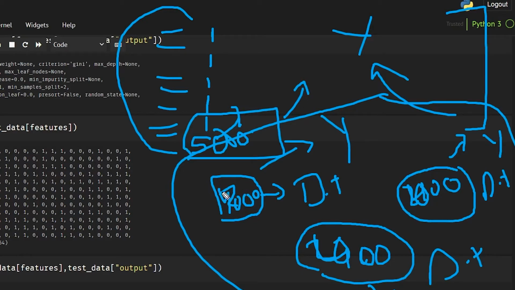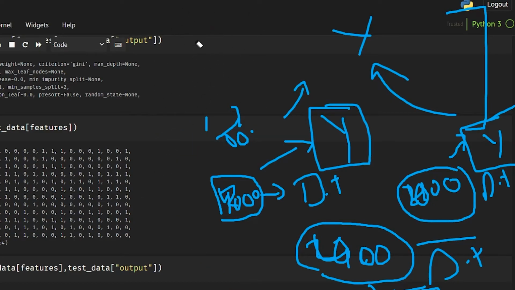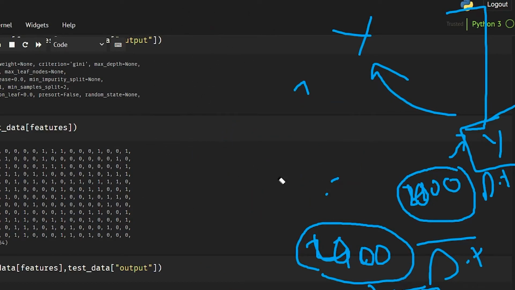So this is the best way to make different kinds of decision trees with a smaller amount of data. And then you take the mean of the outputs of all of them, and by doing so you will have a much better result than a single decision tree. So this is the main concept behind random forests, and in the next video we will see how you can make a random forest in sklearn.